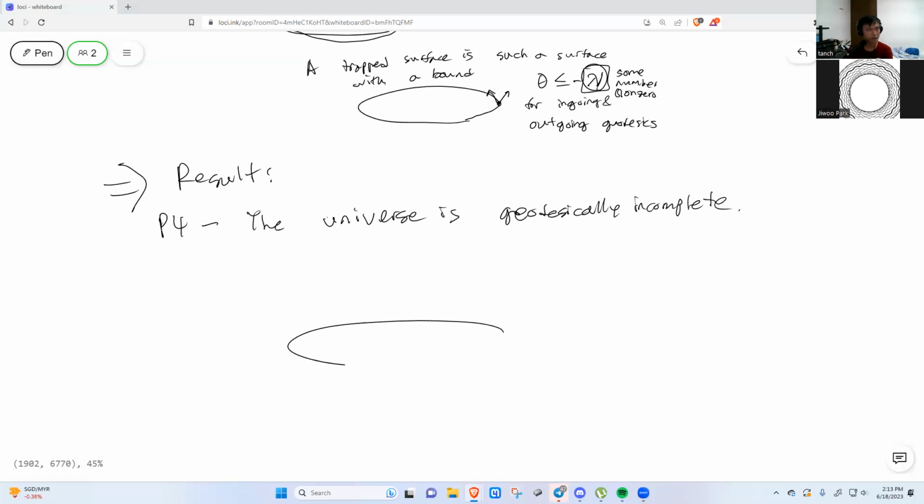Well, not exactly, but let me explain. The thing is, for all the geodesics, all the ingoing and outgoing geodesics that are coming out of this surface, at least one geodesic,